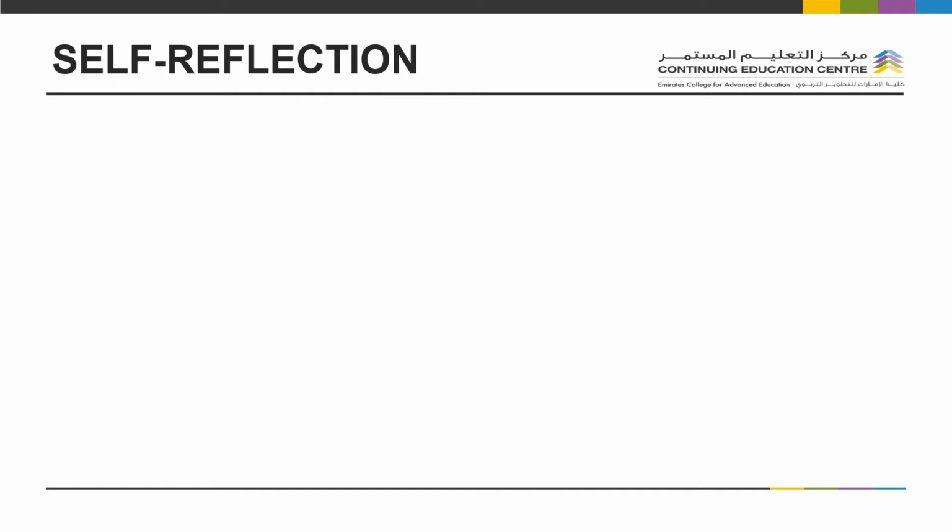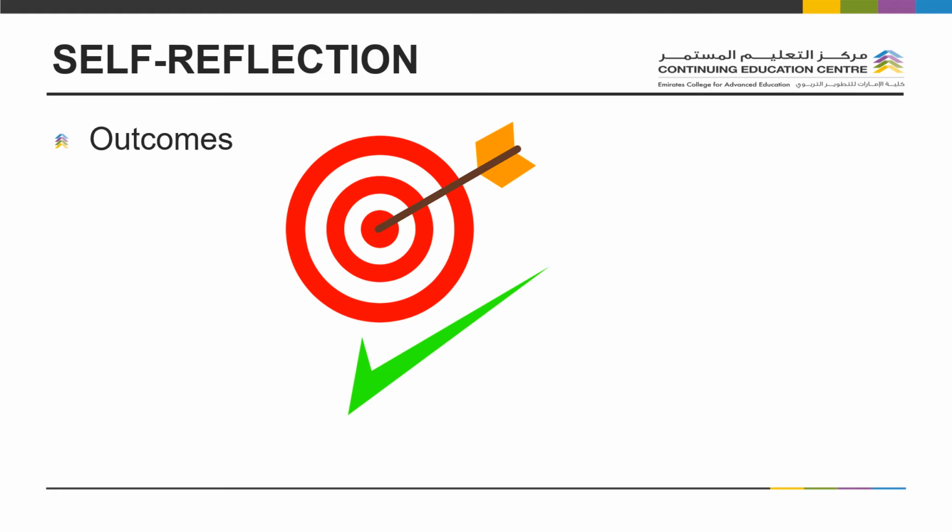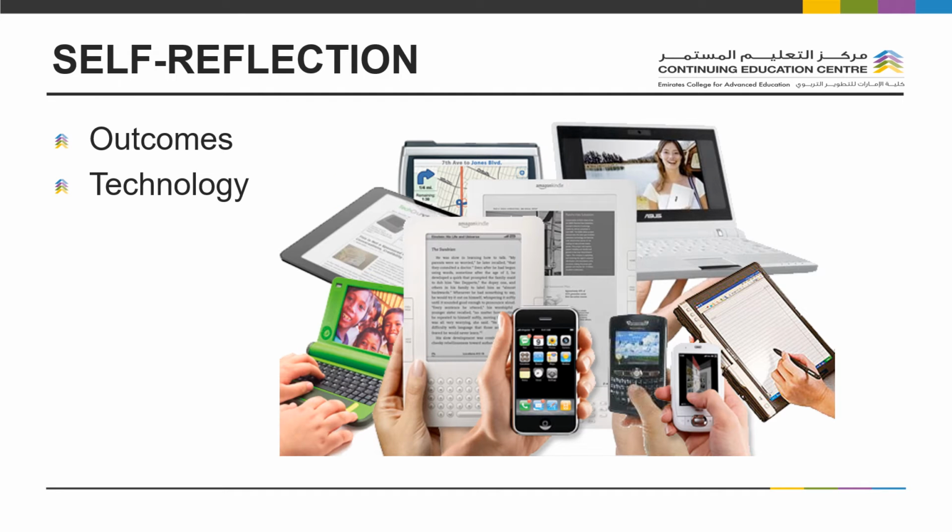So the first angle that we're going to look at is self-reflection. So you as the trainer, you are going to do some self-reflection. Of course you are, right? So the first question you might ask in self-reflection is, okay, wait, looking at the outcomes, did my virtual training strategy achieve the outcomes that I was expecting? You might also ask yourself questions about whether the technology that was used was appropriate or not.